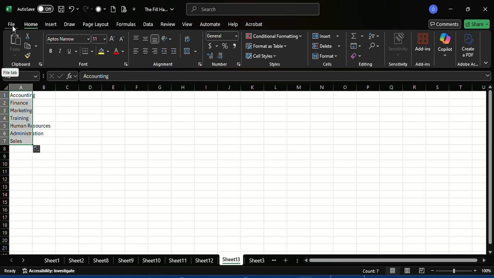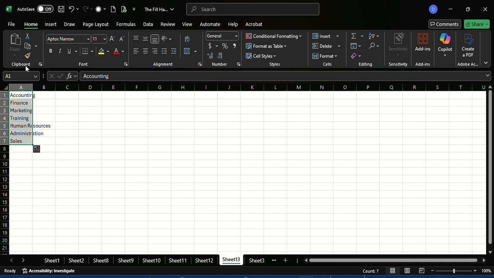Now, an amazing feature of custom lists is that they can be used with the sort command and also in your pivot table reports. So if you are working with sort commands, you can use it. And when you create a pivot table, you can make use of it in your pivot table report. So the last thing we want to look at is deleting